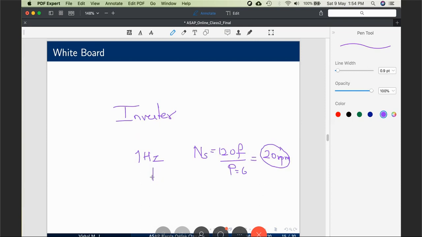Now as it builds up speed, change it to 2 Hertz. Then 3 Hertz. Like that, build up to its rated value of 50 Hertz. So since we have an inverter which can vary frequency through frequency modulation, I do not need starting dampers. Okay, so this pretty much sums up the true synchronous mode of operation.